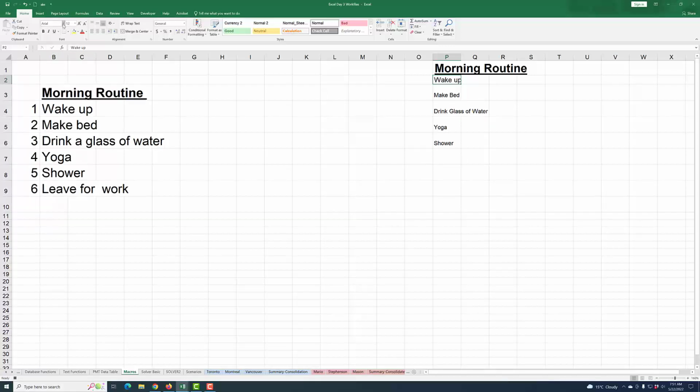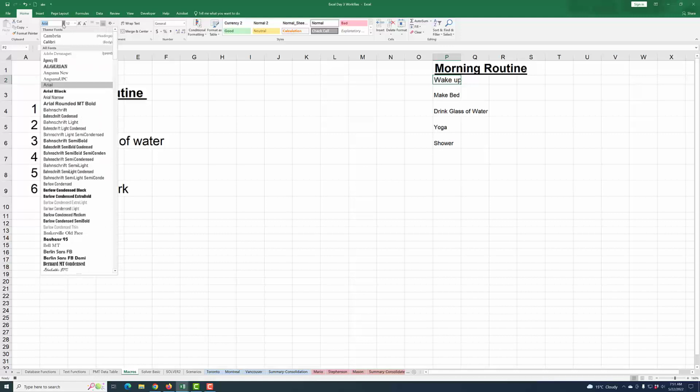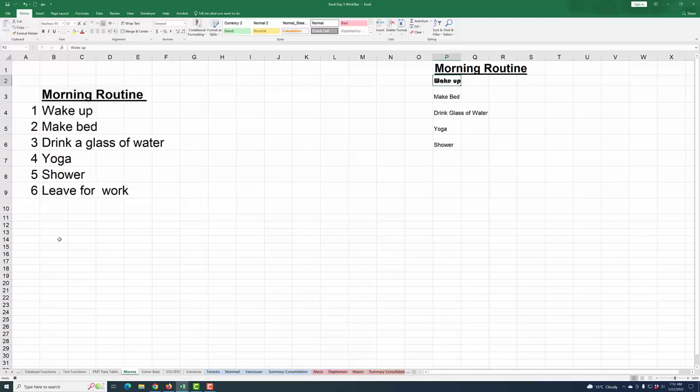We want to change the font to Bauhaus 93, and we are going to change the color to, let's say, something interesting, and the next one is going to be the same thing. Maybe start with changing the color and making it bold. Actually, remove that bold, and remember whatever you do here is going to be recorded. So